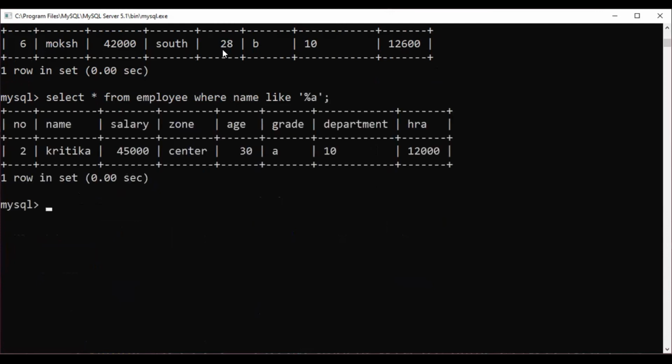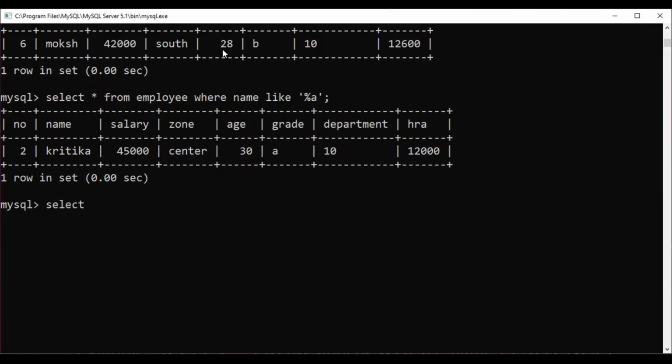So this is the string. Suppose I just wanted the first character should be M and the last character should be H. What we will be doing?